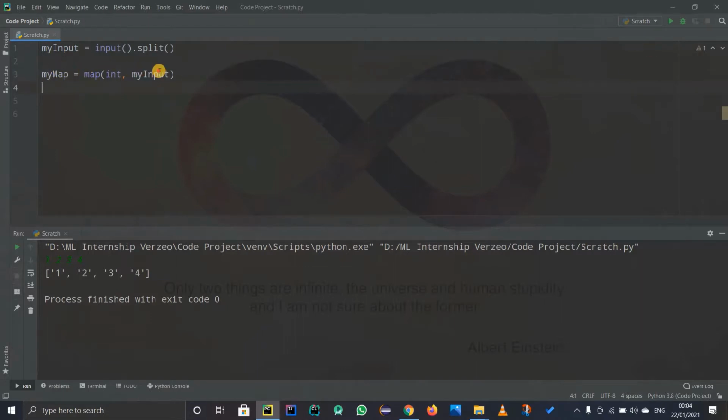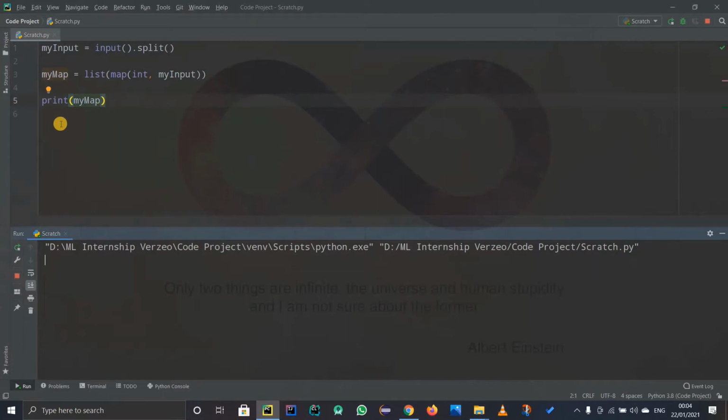Now we have this map, and remember, you have to convert that into a list, because map will return an object. We want to convert it into a list. And that's all. Now you can simply print out my map and run this code. We need to take inputs in spaces, that was the motive of this video. So let us type some random numbers separated by spaces and hit enter. Wow, we get the input in spaces. We are getting integers like we wanted by using spaces. Now you can use for loops or whatever you want to do with this input.